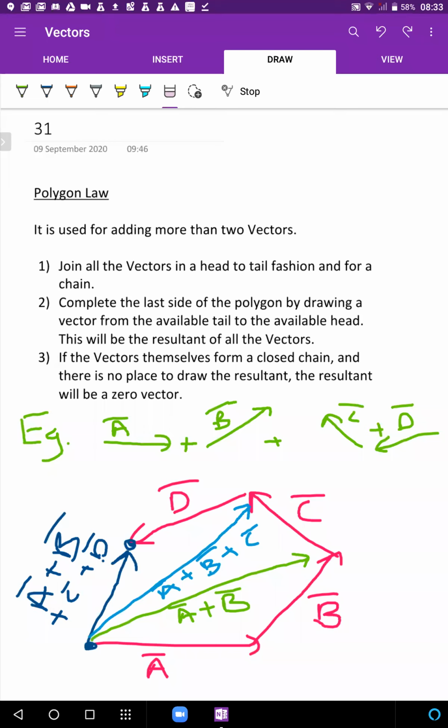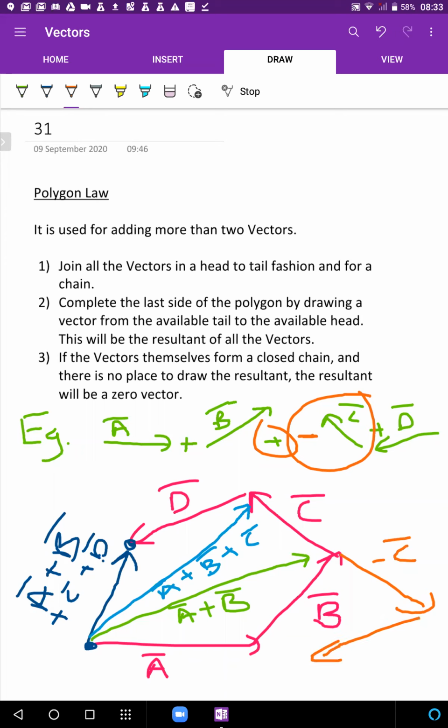Okay, but if at all, as I just said, if we have to subtract a vector, let's just say कि plus के जगह यहाँ पे minus c है. If you want to subtract a vector, don't treat it like subtraction, treat it like the addition of minus c bar instead of c bar to this combination. So instead of drawing c bar, draw minus c bar and then draw d bar. Got it? So it can absolutely be used for